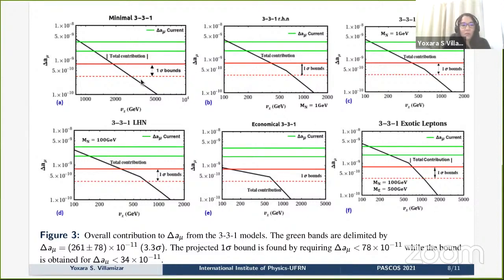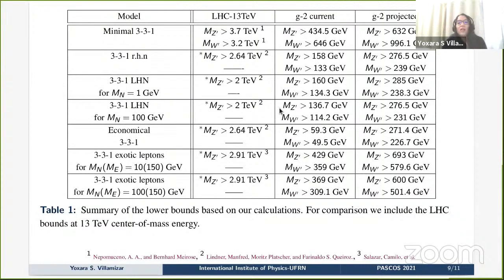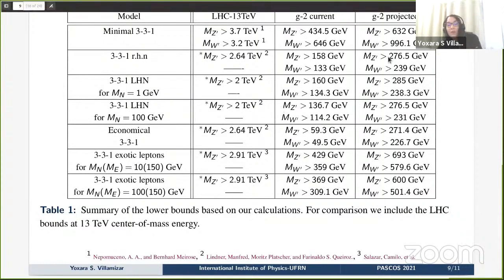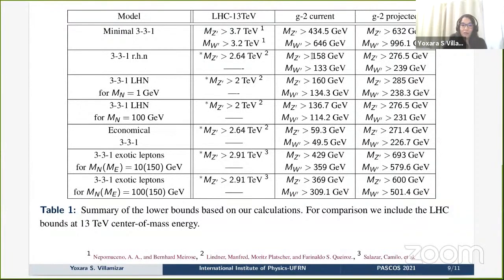In all models, we got the lower bounds in the current and projected discrepancies for this vacuum expectation value. And in this way, we obtained the masses of the gauge bosons, V prime and W prime, because these masses are proportional to this vacuum expectation value. In our work, we obtained the lower bounds on the masses of the gauge bosons V prime and W prime,